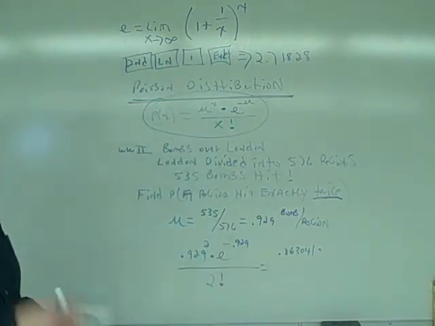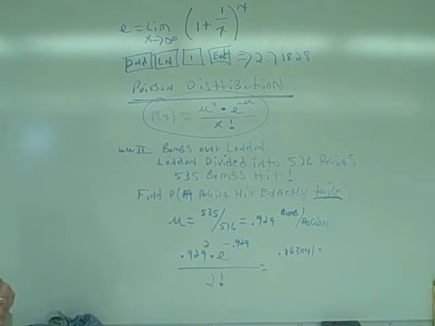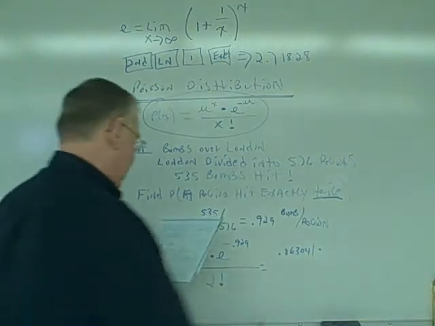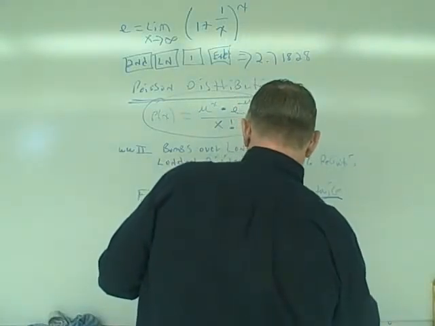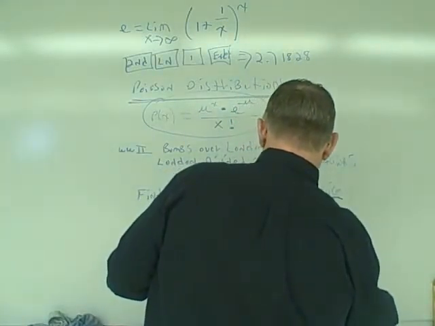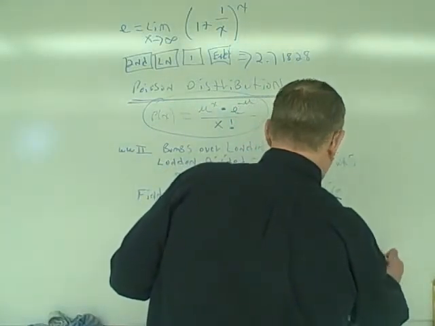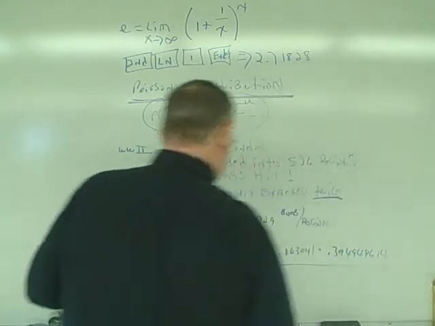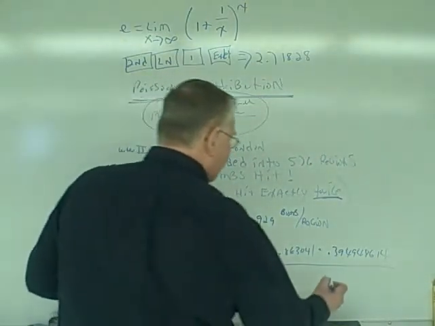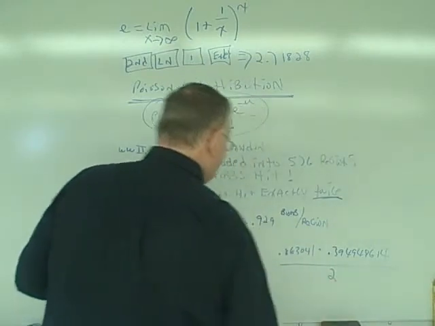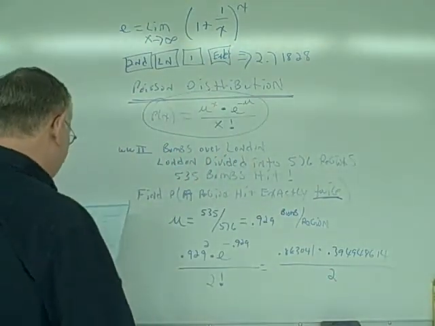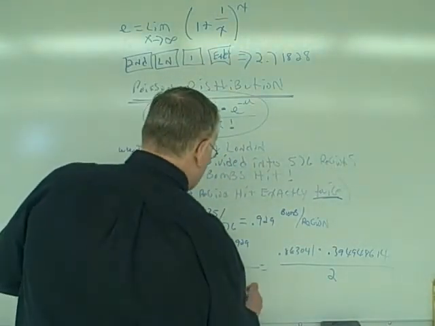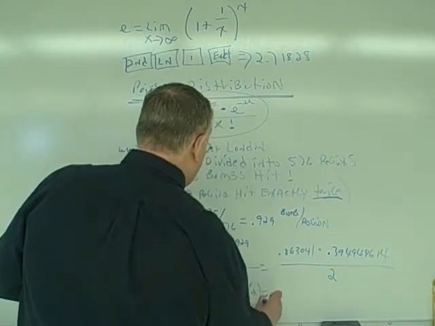If I take e to the negative 0.929, again we're going to do second function, ln, 1, enter, to get e raised to the negative. Make sure you don't use the minus sign, use the negative 0.929, and you should get 0.394948614. And 2 factorial, we should be able to compute. That should be 2 times 1, or 2. And if I do that calculation, I get a probability of 2 bombs hitting a region of